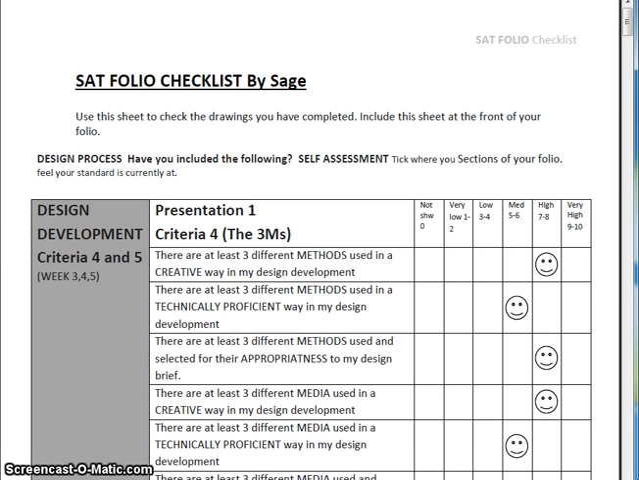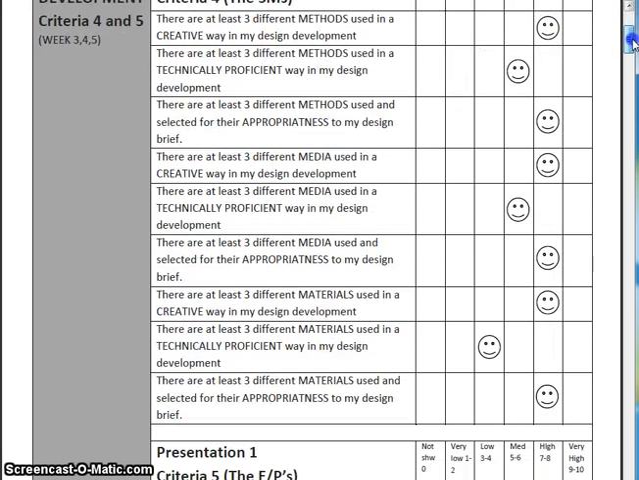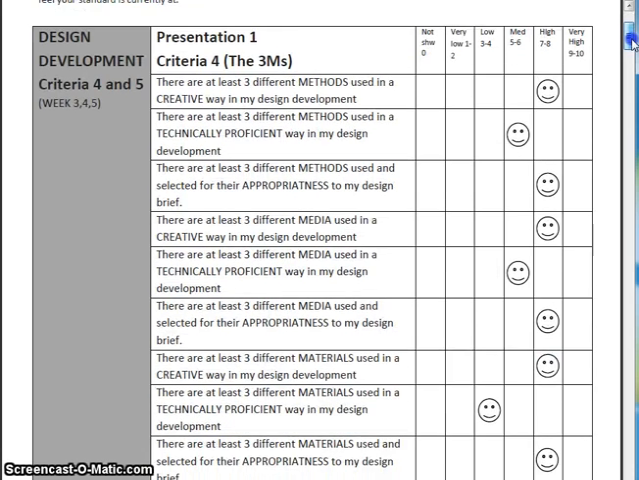So I've got it up on screen. We're just going to talk about some of the things that you've got on your page. Thanks for doing the checklist. I hope that it helped you to categorise your folio and think about the areas that you need to improve